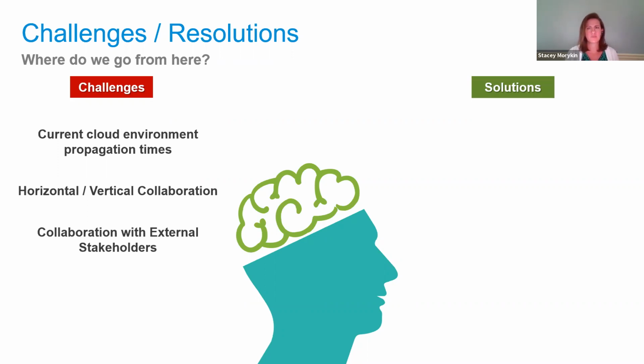We also had disparate systems for our horizontal teams versus our vertical teams. All of our Civil 3D users were on-prem, and all of our Revit users were on a cloud environment. So sharing of that data was very difficult. And then we also had this collaboration with external stakeholders too. A lot of our information is being passed either through OneDrive or FTP sites, or even email solutions.